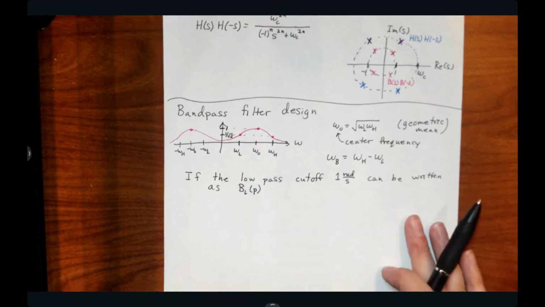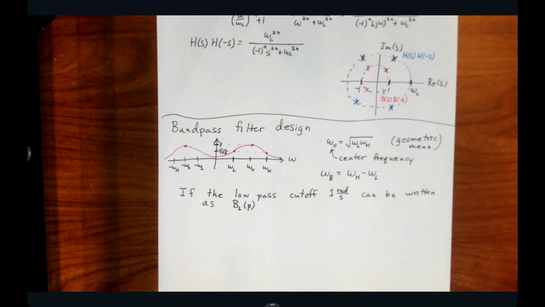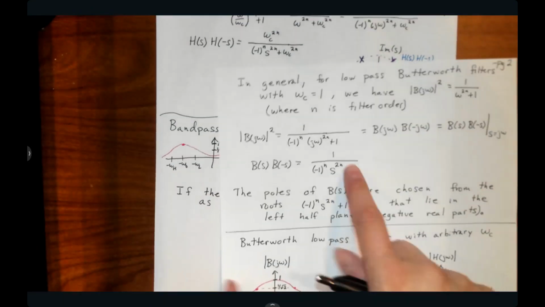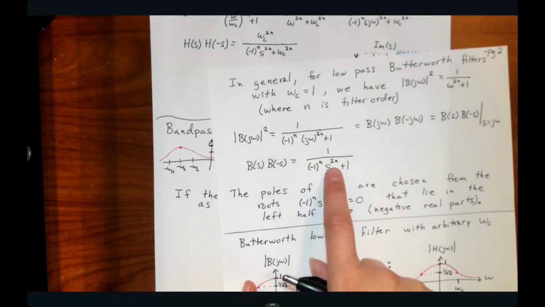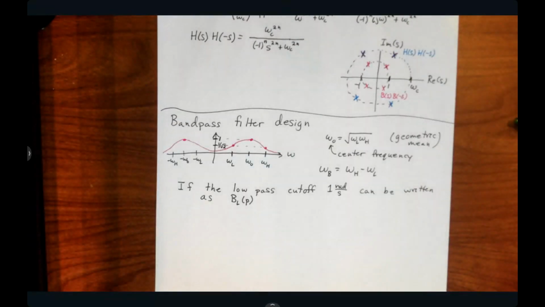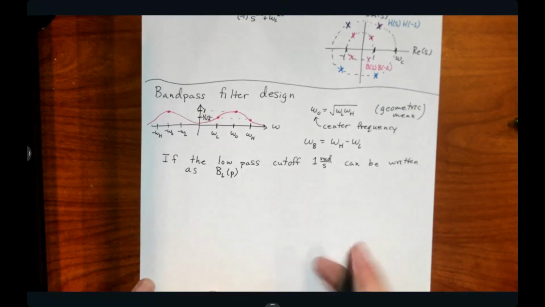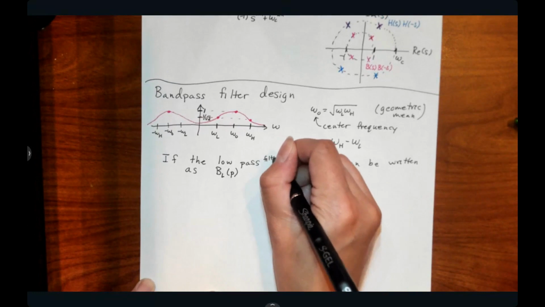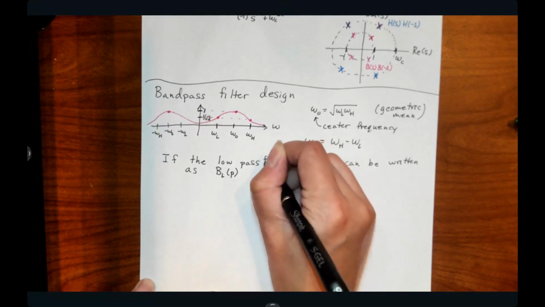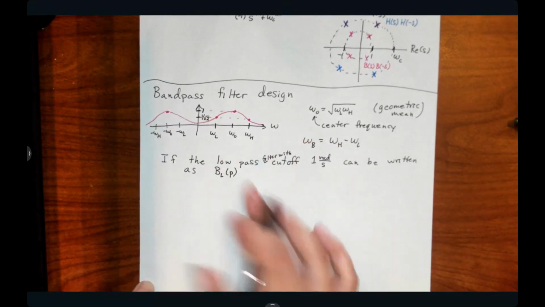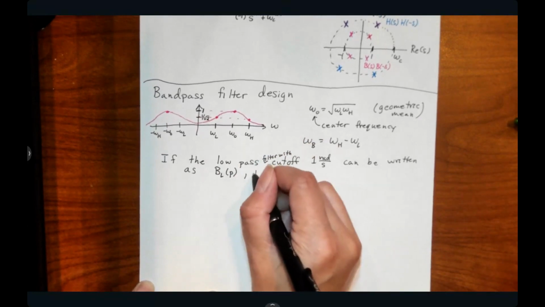So same form as before, I'm just saying that instead of having S here, we're going to have P. So it makes it a little clearer when we do the substitution. So if you have this low pass filter with the cutoff frequency of 1, defined in this way, then